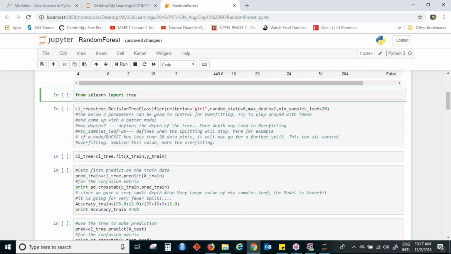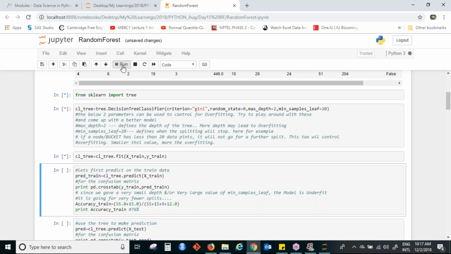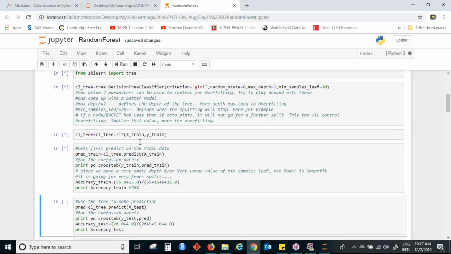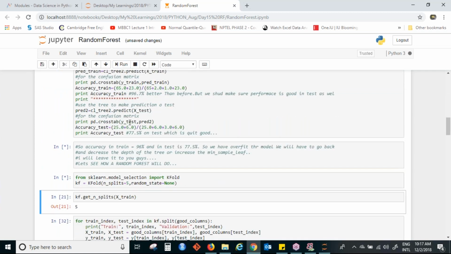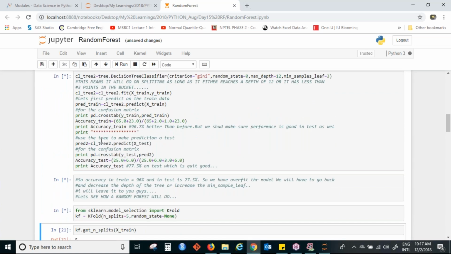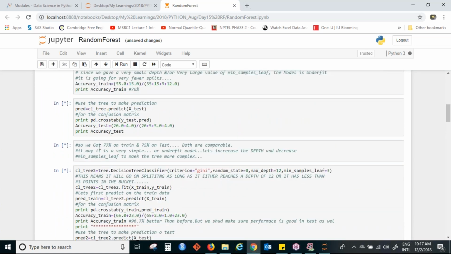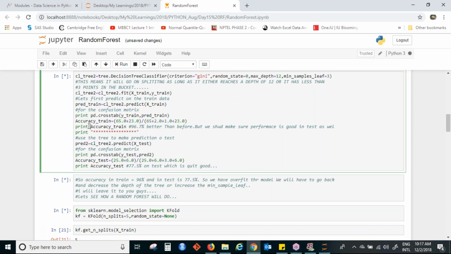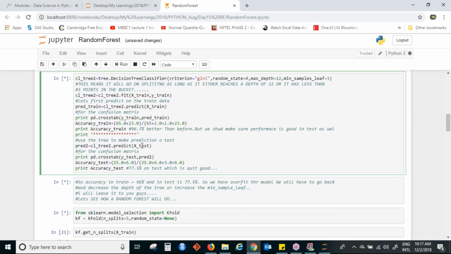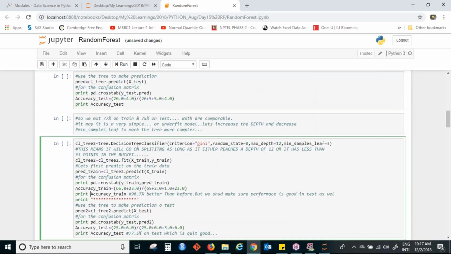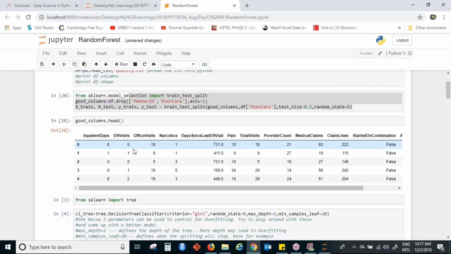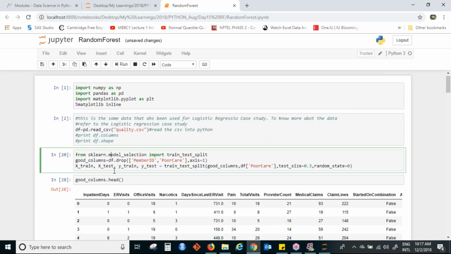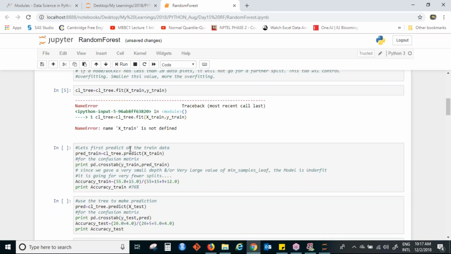Now next I'm running a decision tree model. We have already seen this, so let me quickly go through it. I'll get a few errors here because I don't have the bracket after the print function. This was written in 2.7, but now I have upgraded to 3.5, and I don't have that print thing taken care of. So let me just fix it.